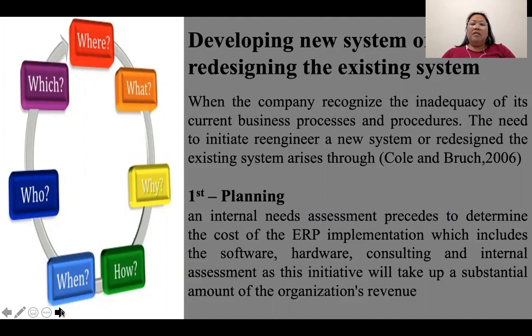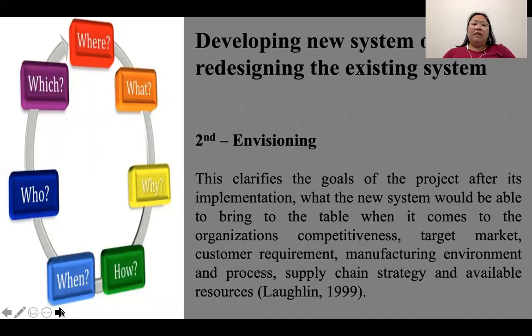An internal needs assessment proceeds to determine the cost of the ERP implementation, which includes the software, hardware, consulting, and internal assessment, as this initiative will take up a substantial amount of the organization's revenue. The second one would be to envision. This clarifies the goals of the project after its implementation, what the new system would be able to bring to the table when it comes to the organization's competitiveness, target market, customer requirement, manufacturing environment and process, supply chain strategy,